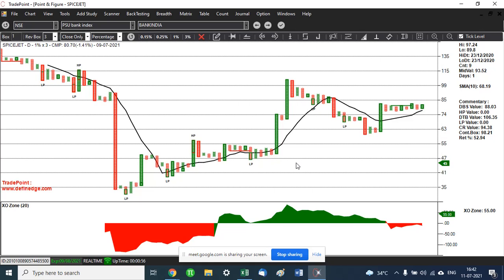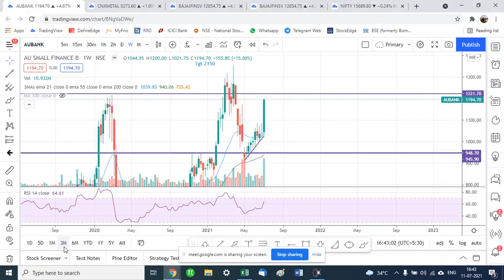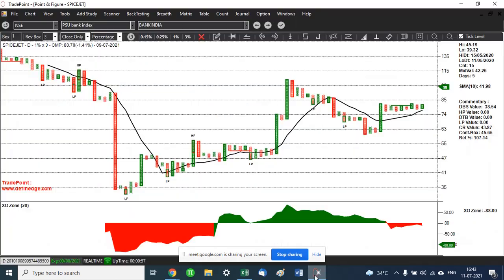Understood. And right now I've been discussing FNO stocks. In any case, 3% becomes a very large box size for FNO stocks, because in futures stocks you have leverage, so you cannot afford large stop losses. So it's better to take 0.25 to 1%. But if you're doing intraday, then 0.15%, drilling down to the 1 minute time frame, is also good. So it depends on what time frame you trade. Depending on the time frame you're trading on candlesticks, accordingly you can decide the box value you want to take for point and figure.